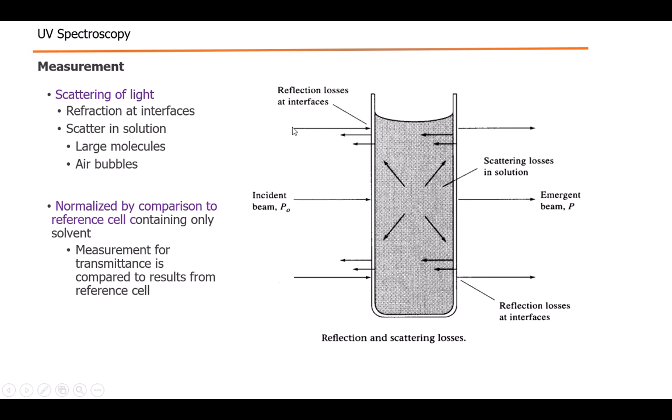The light is scattered here, and incident power is lost somewhat on the scattering. Some amount is lost at the scattering in the solution, and similarly, when the light passes and emerges from the other end, some scattering also takes place at the second edge of the cuvette as well. These scatterings are caused by a large number of molecules, larger molecules, air bubbles, etc.